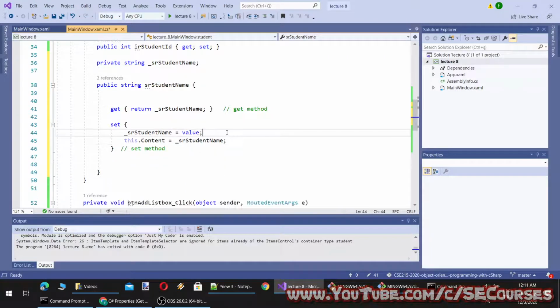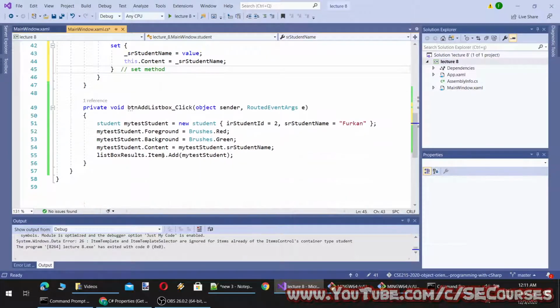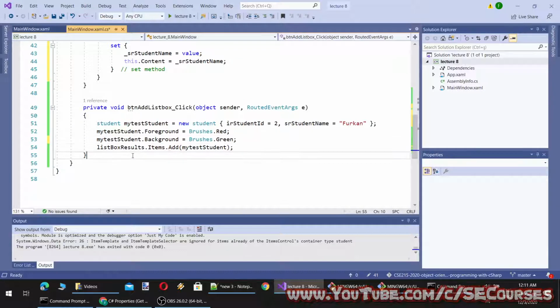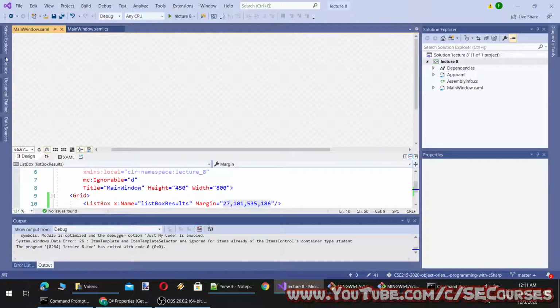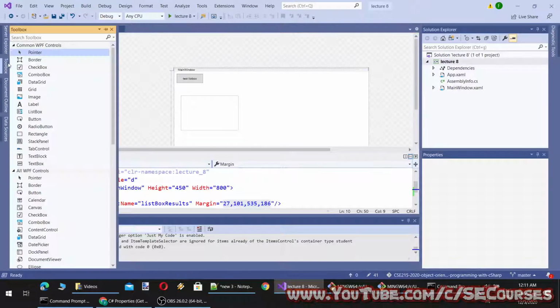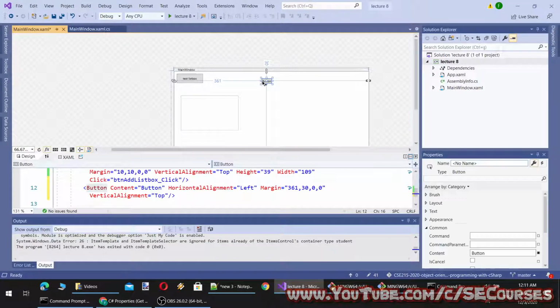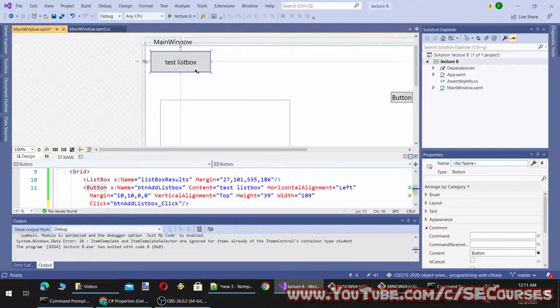So the value is the value that we are providing, and get is the regular get reading value. And so I don't need this anymore. And okay, so I'm going to add a read method like this here, and let's add some